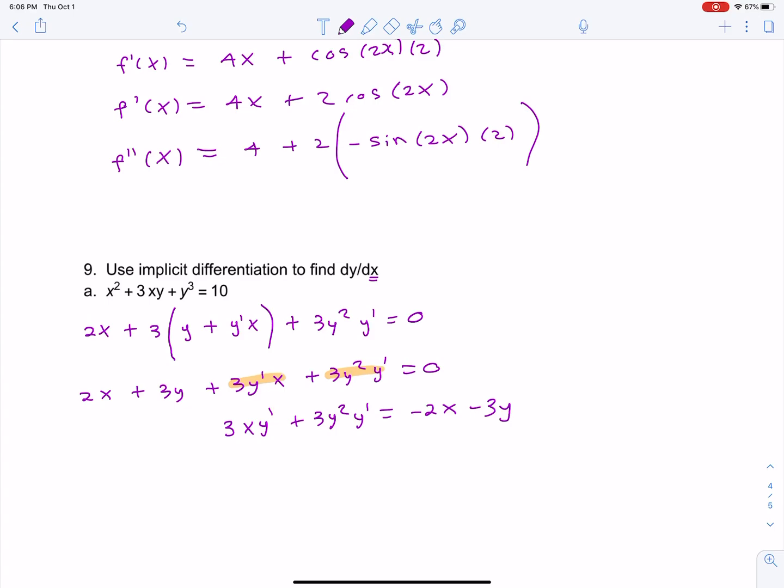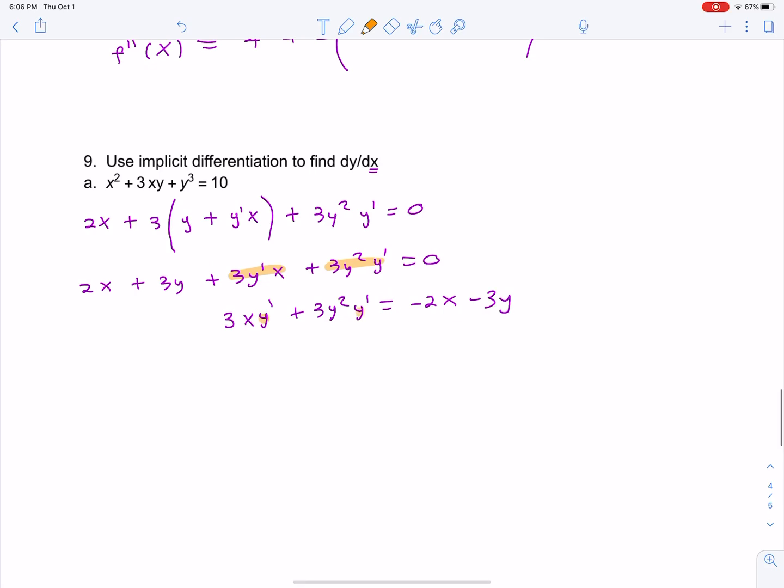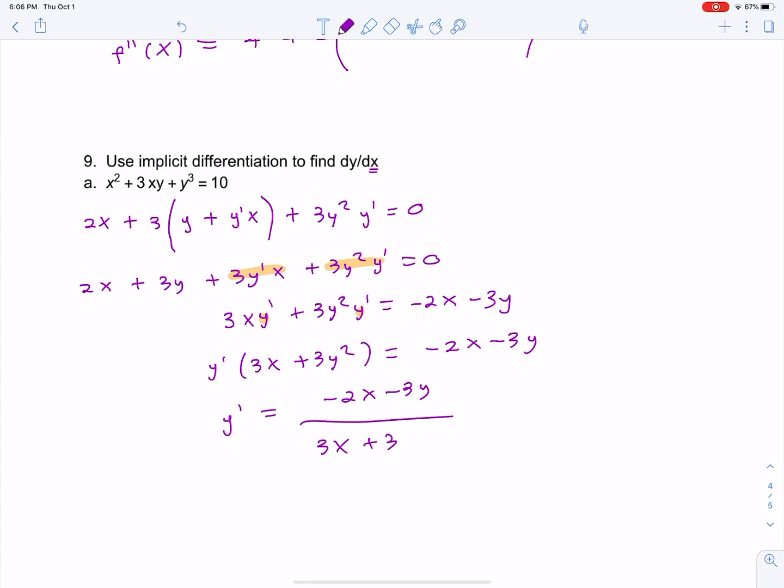Pulling out a y prime from both terms, right? So pulling out that y prime from both terms, we get y prime times 3x plus 3y squared equals negative 2x minus 3y. So y prime equals negative 2x minus 3y divided by 3x plus 3y squared. Okay,